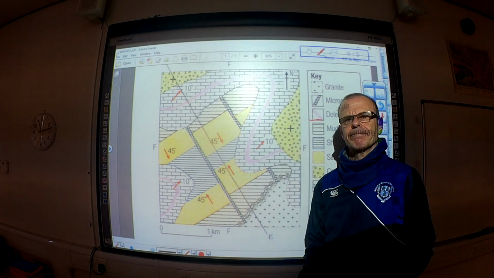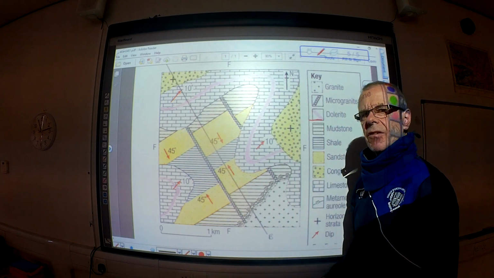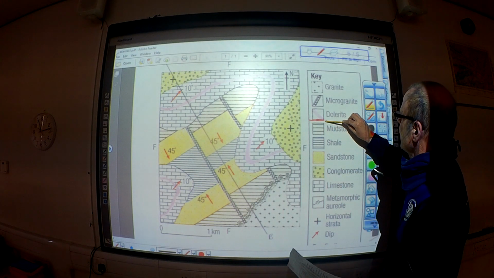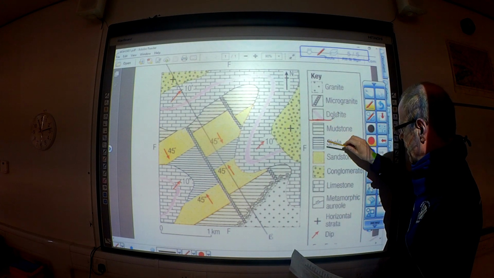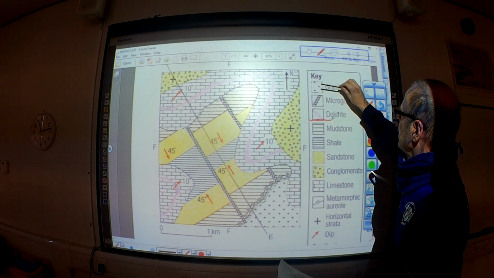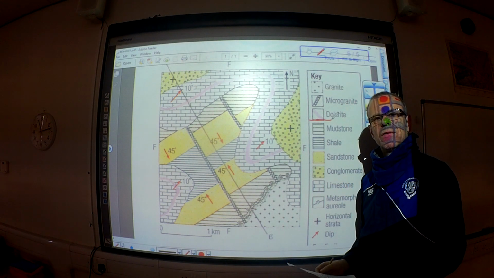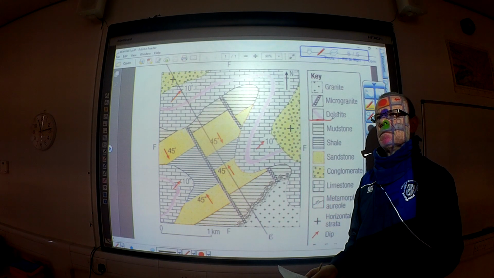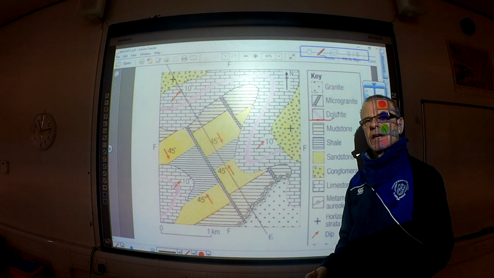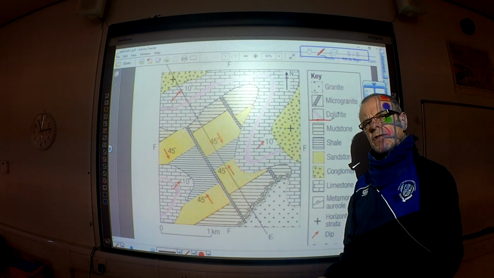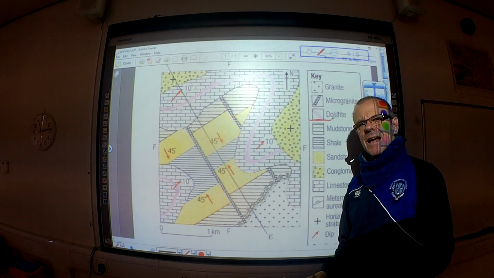Okay, so we start off looking at the key to look at what rocks we have got, and you can put a dividing line along there, and you've got sediments below that, and then you've got igneous rocks above. So just bear that in mind, because the rock classes will affect the outcrop pattern on the map. The next job we've got to do is decide on whether this is a flat landscape or whether